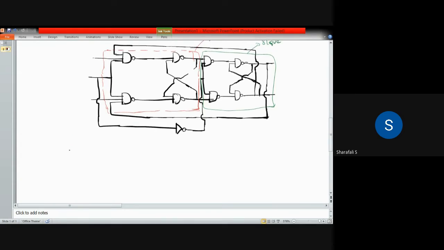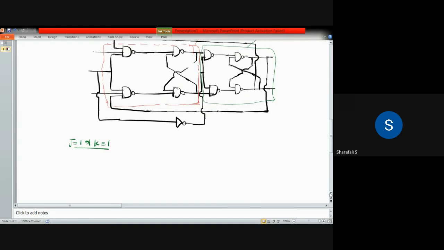So we can consider the diagram for the J equal to 1 and K equal to 1 case. I'm not going to discuss other cases. This is important, that's why I'm discussing this particular case. Other cases you can easily draw, because only when the clock pulse is high is the state going to change. Correspondingly you can draw all the cases, or in the next class we will do that if it is needed. Okay. So J equal to 1 and K equal to 1, which means that